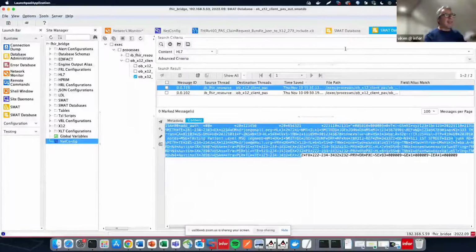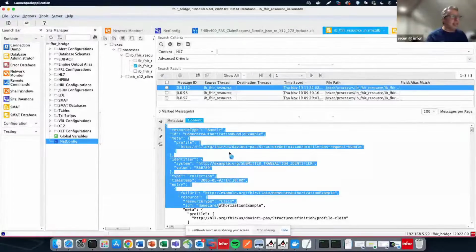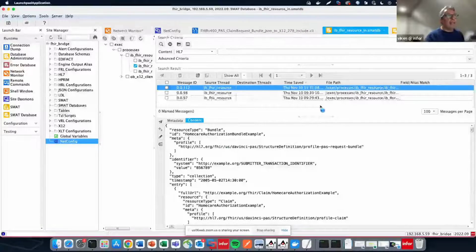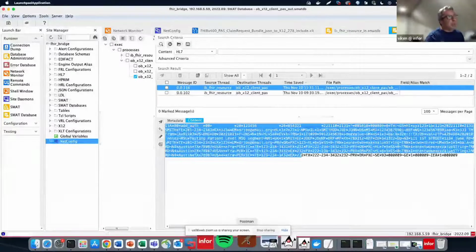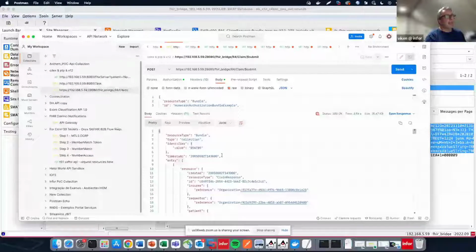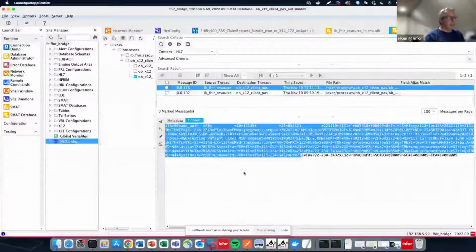Again, the information is the same. It's a bundle, however the format is no longer FHIR, it is now X12. And then vice versa with the response that comes back, we take an X12 and convert it back to a FHIR claim response and send it back to the data consumer as a reply message. So that's the workflow of this particular demo. So Rob, back to you.